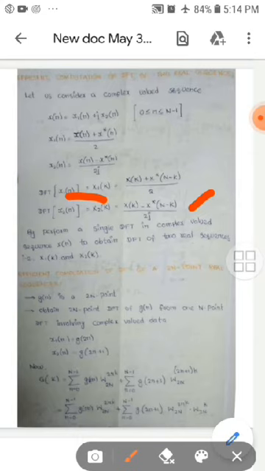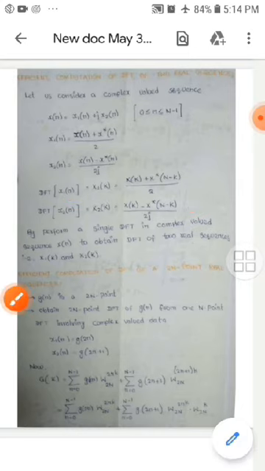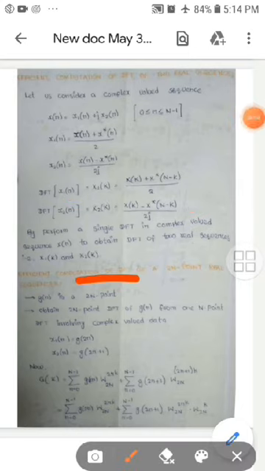And next is efficient computation of the DFT of a 2N point real sequence. Suppose g of n is a real valued sequence of 2N points, and now we demonstrate how to obtain the 2N point DFT of g of n from computations of an N point DFT involving complex valued data.